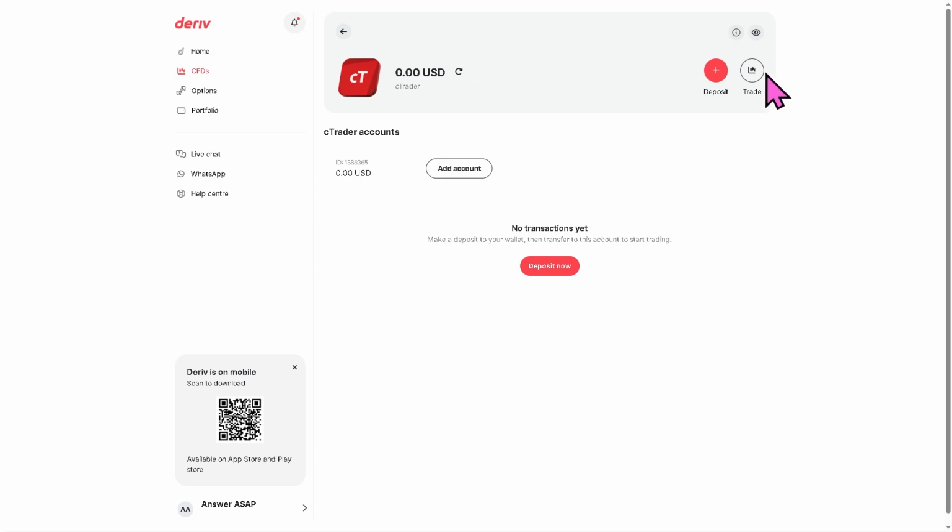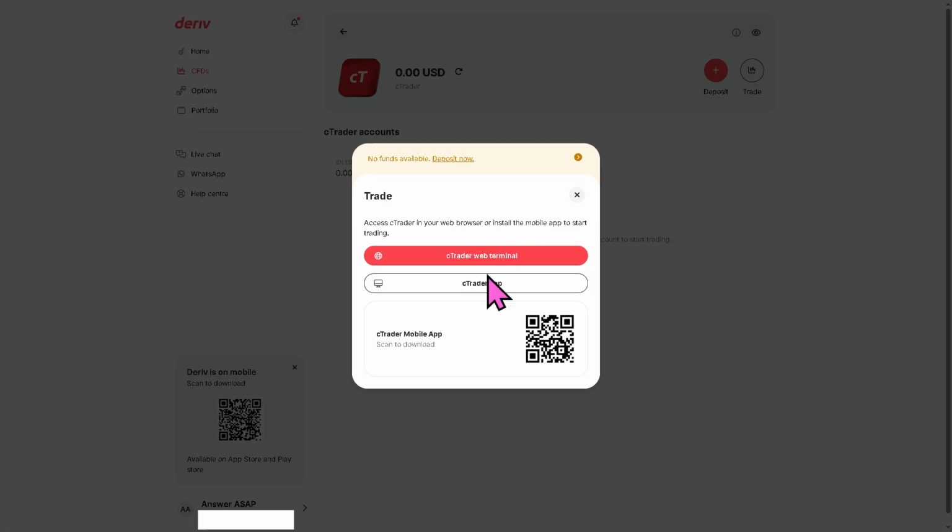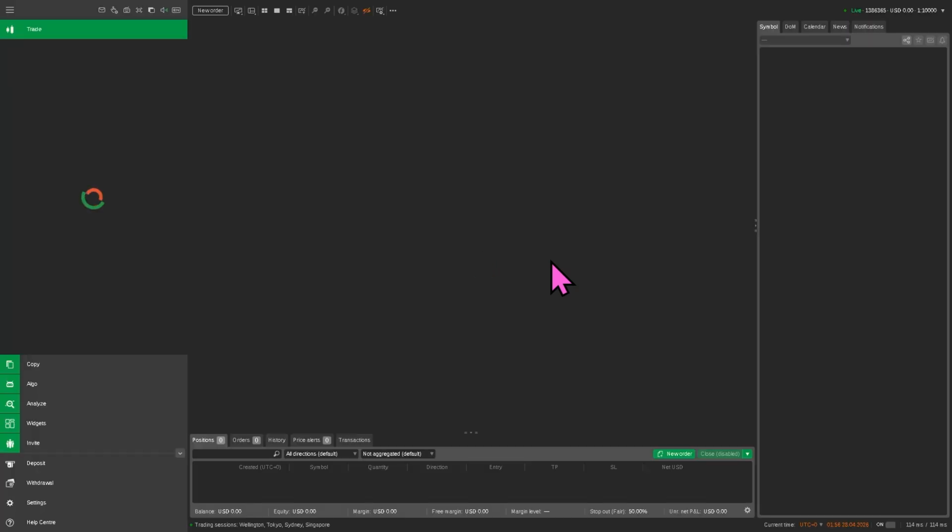So I want you to click the trade button. And from here, you can access Trader in your web browser or install the mobile app to start trading. All you have to do now is click the See Trader web terminal. This will forward you to another page which will provide you the platform giving you a list of traders, also